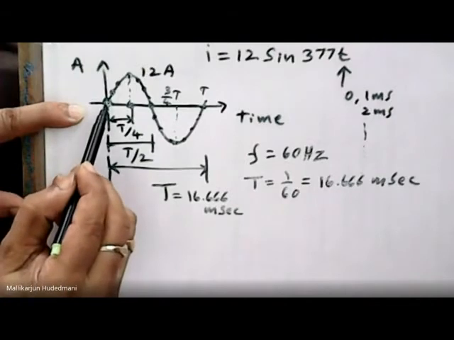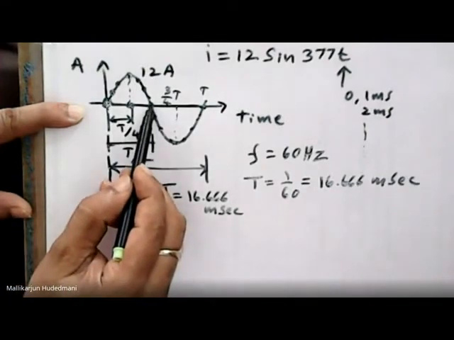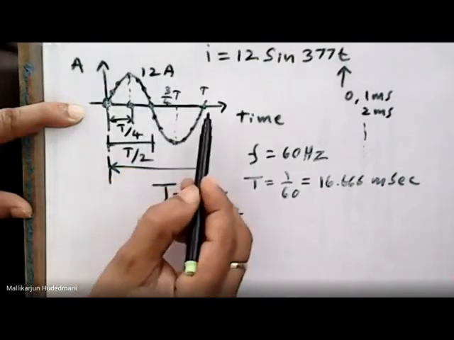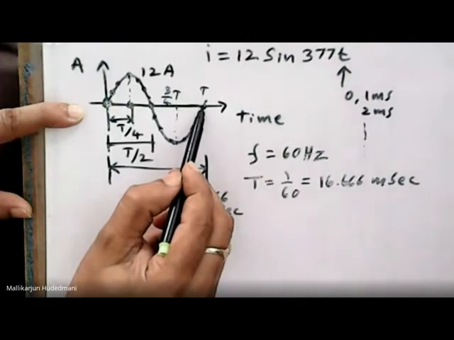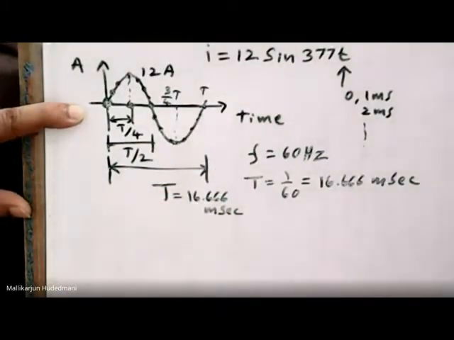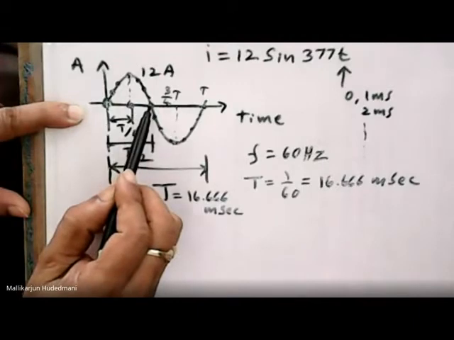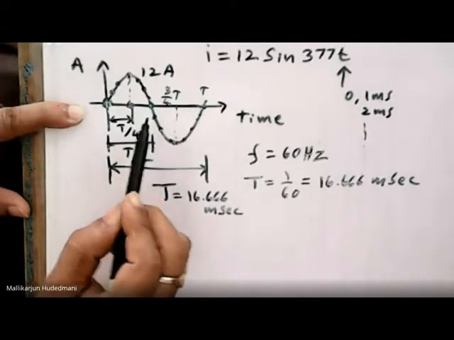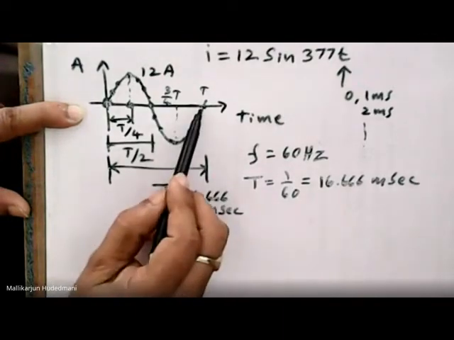So we know that at t equal to 0, it should be 0. At t equal to T by 2, it is 0. At capital T, I mean the value of time equal to the complete cycle time, the value of the wave is 0. These are called zero crossings. Any given wave, any magnitude, at t equal to 0, value must be 0. At t equal to T by 2, its value must be 0. At t equal to capital T, the length of its whole time, the value of that wave must be 0. That is what zero crossing is.